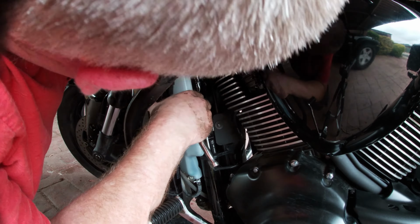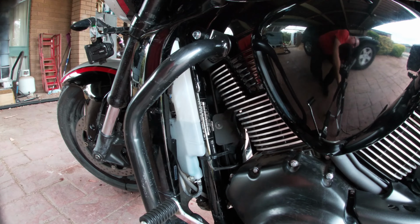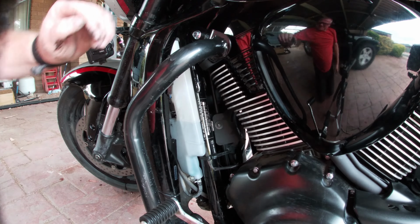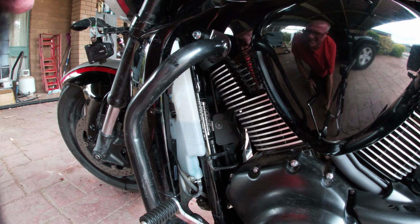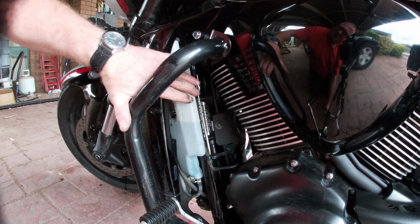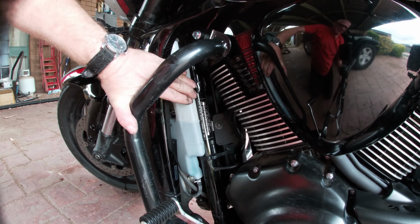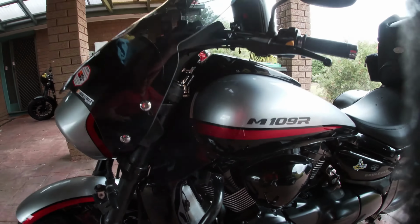Right. Maybe there isn't. Nah. I think it's just the two. The other frame you have to take off. I don't think you have to take this side off. Can't see any. Must just be the frame at the other side. So, that means